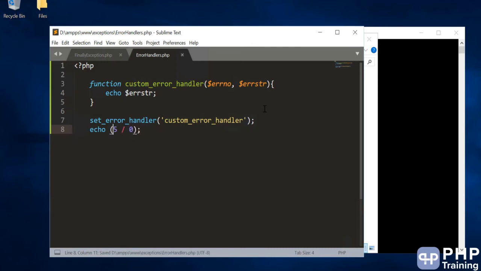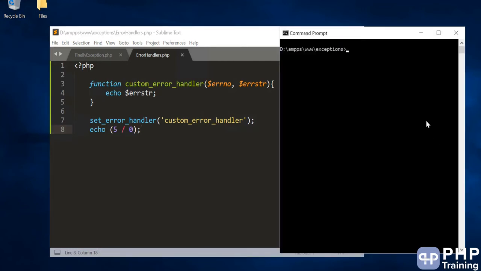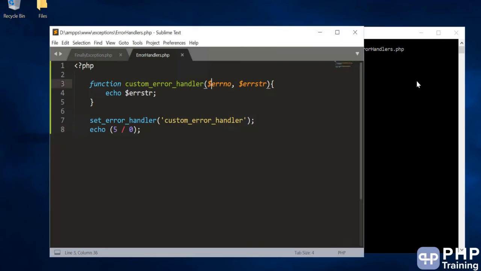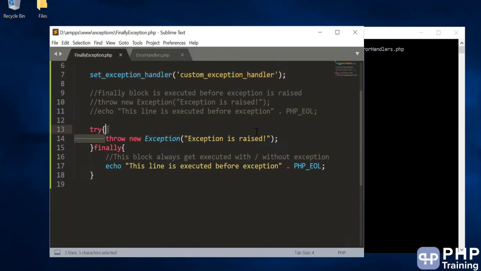So now you are trying to raise an error from echo, right? And echo will give you an error, and that error will be captured by this error handler. So let's run this. That's division by 0, and it's infinite. That's basically an error because you're raising an error from the PHP defined functions. You're not raising an error from your custom functions like we raised our own errors. That would be raising an exception.